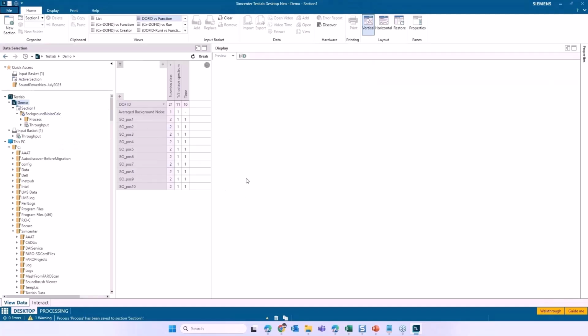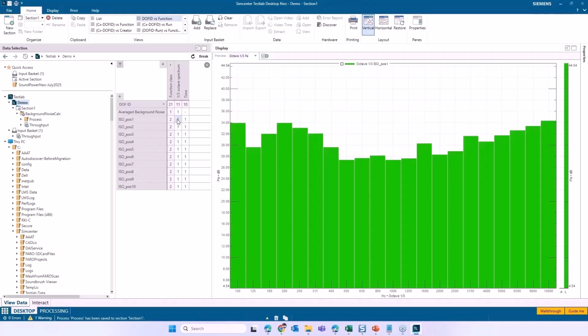Once we have done this background noise calculation, we can use this background noise spectrum to do the calculation for the sound power. So next, I want to use the operational data to do some calculation. For the K1 and K2 correction, for the K1, we need a background noise. And then what TestLab does, based on the measured operational data, that is with the object under test when it is running, is the correction for the K1 by looking at the background noise.